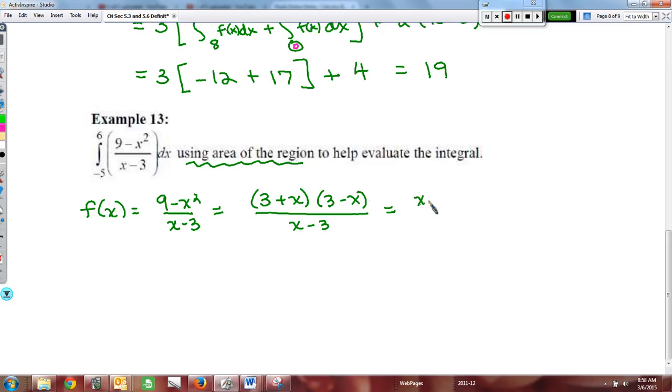So I'm going to have x minus 3 negative. I'm just pulling the negative out and then putting that first. X plus 3 over x minus 3, which is going to give me, after I cancel and remove the discontinuity, negative x plus 3. So what we have here is basically a linear function